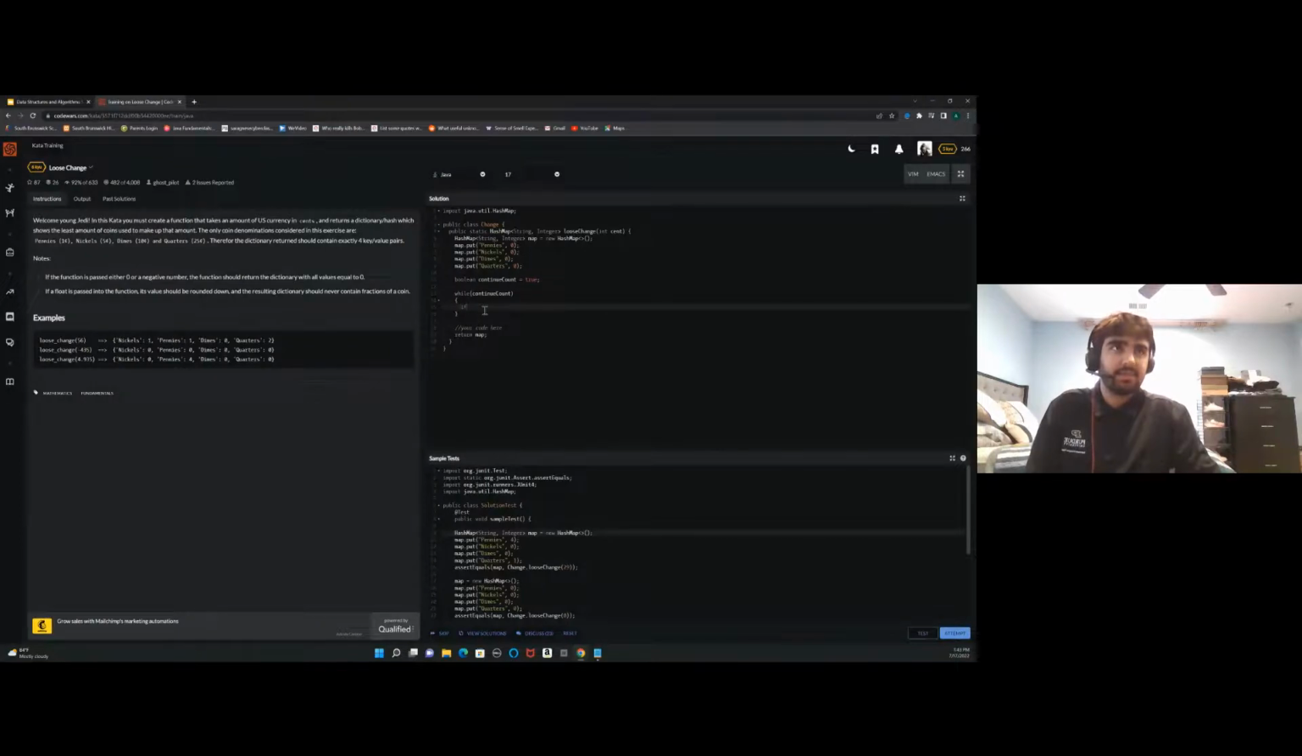So what this basically means is if cents, which is the value coming into the method, is greater than or equal to 25, then, apologies, I've never talked for this long, we would put map.put quarters and map.get quarters